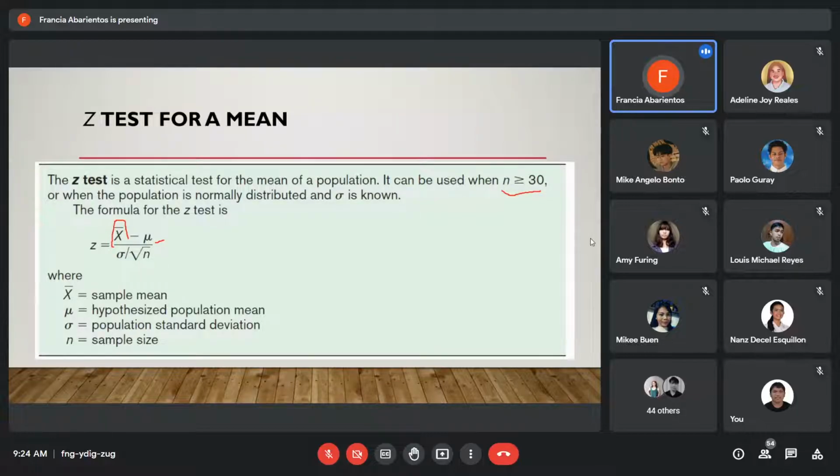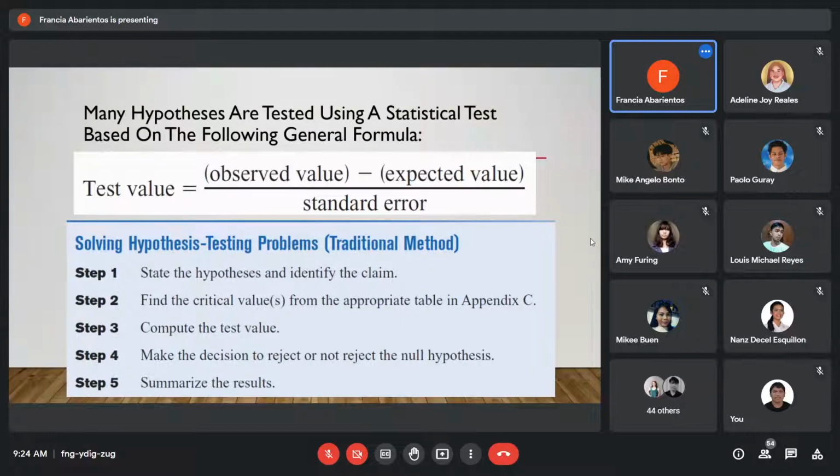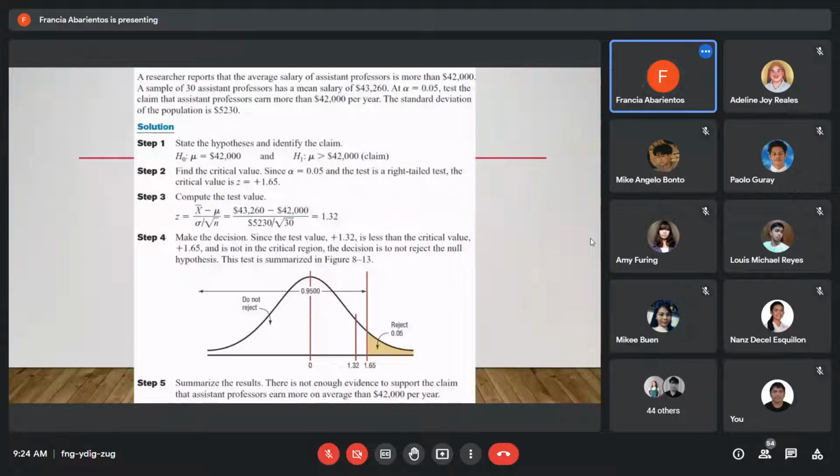Divided by the population standard deviation over the sample size. And so we have now the test value. So how do we apply na natin to class the traditional method in finding the what we want to prove in a given sample or a given problem. First, we have this, and